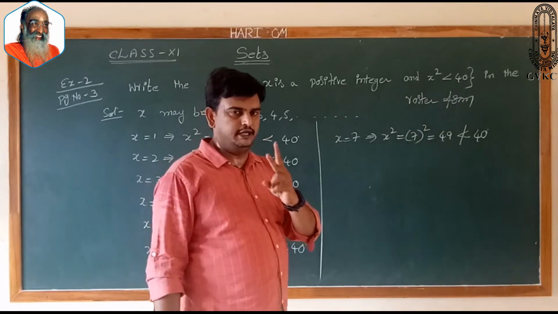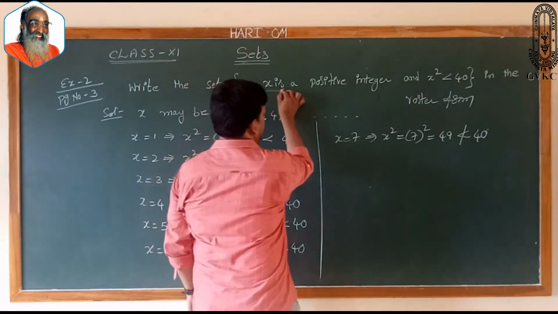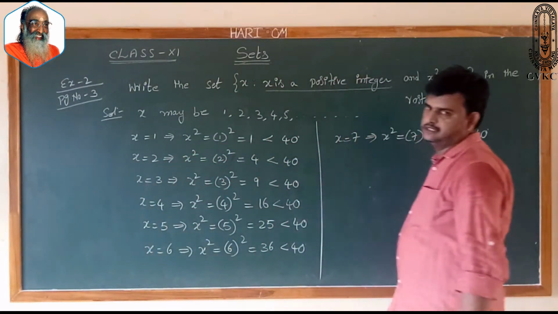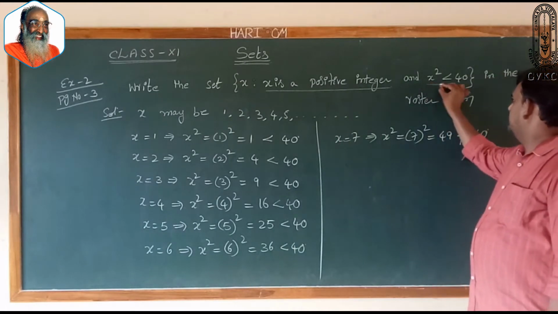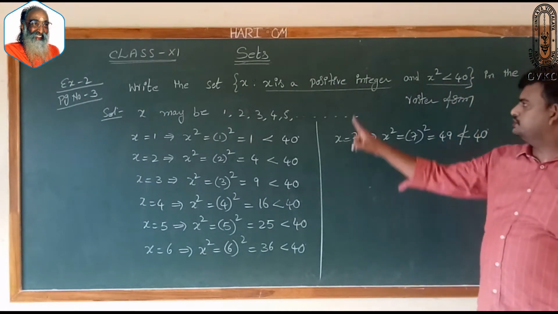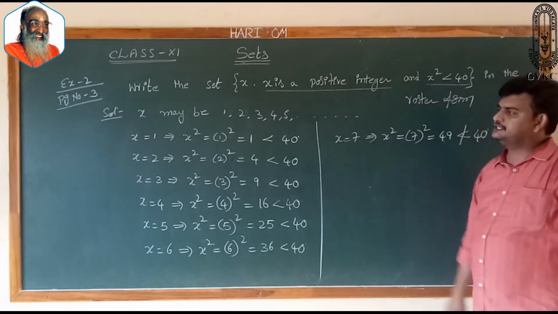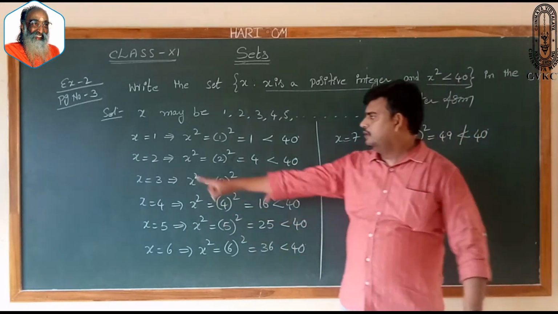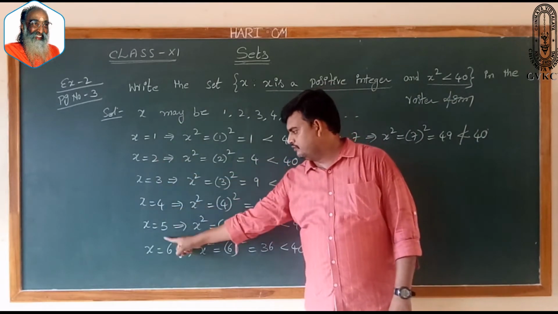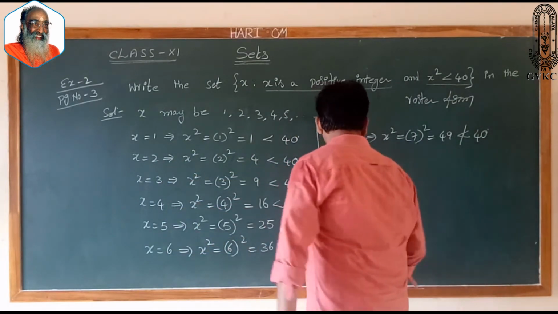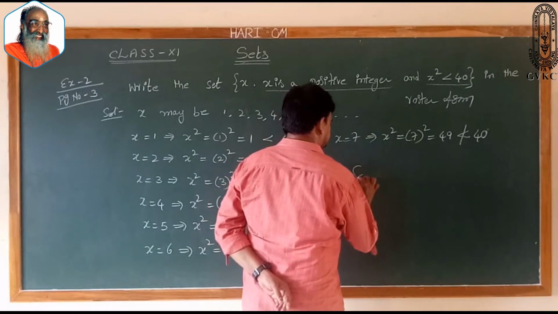Here we have two conditions. The condition number 1, x is a positive integer, and x square less than 40. These two conditions have to be satisfied. So satisfying these two conditions, what are the numbers we have? 1, 2, 3, 4, 5, 6. So therefore,